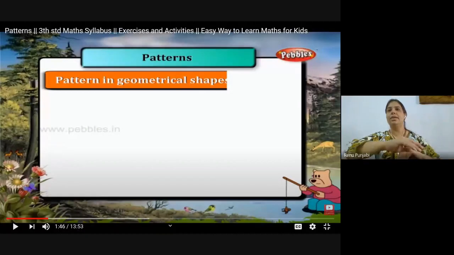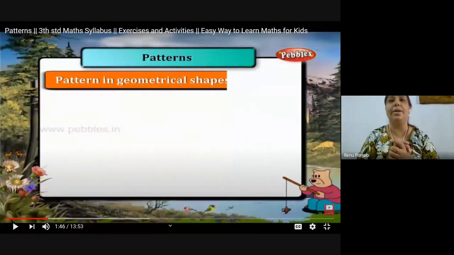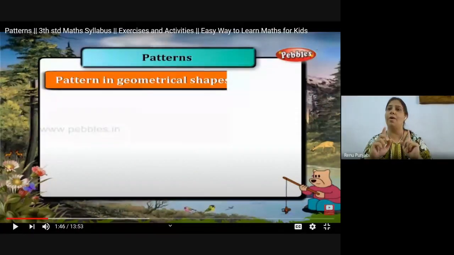So it was saying that we can make patterns with clapping, jumping, hopping, right? Can you all do along with me with the clapping? Yes, ma'am. First, you have to observe me. I will not explain my pattern to you. You have to observe my pattern and do accordingly, okay?